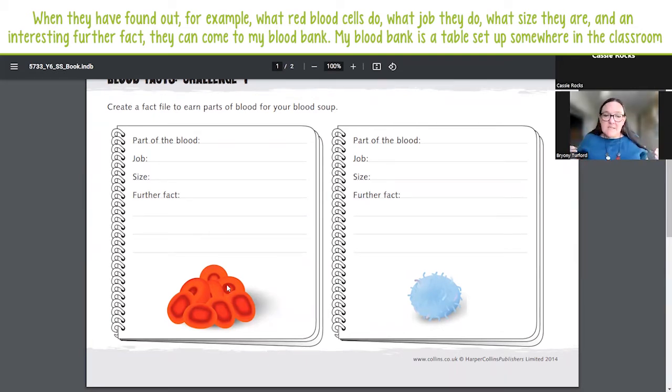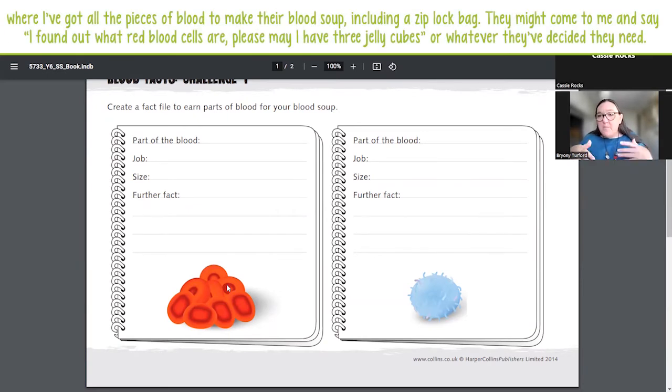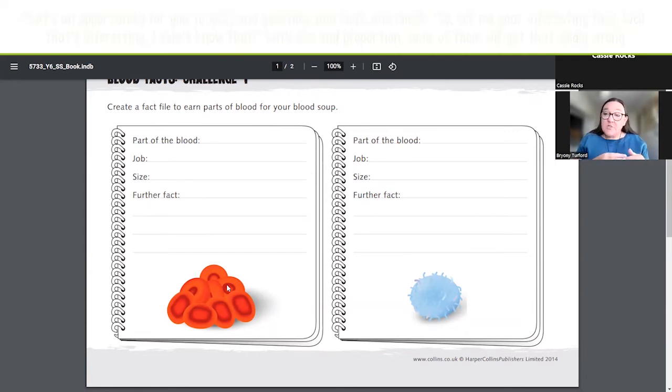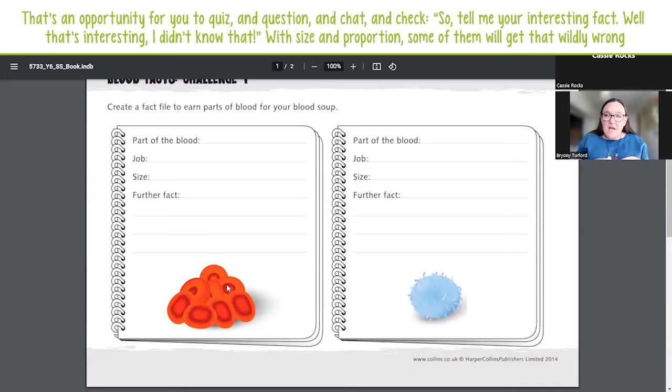And my blood bank is a table set up somewhere in the classroom where I've got all the pieces of the blood to make their blood soup, including a Ziploc bag. And they might come to me and say, oh, I found out what red blood cells are. Please, may I have, I need 3 jelly cubes or whatever they've decided they need in their Ziploc bag. And that's an opportunity for you to quiz and question and chat and check. So tell me your interesting fact. Oh, that's interesting. I didn't know that today. Hadn't heard that one. Or